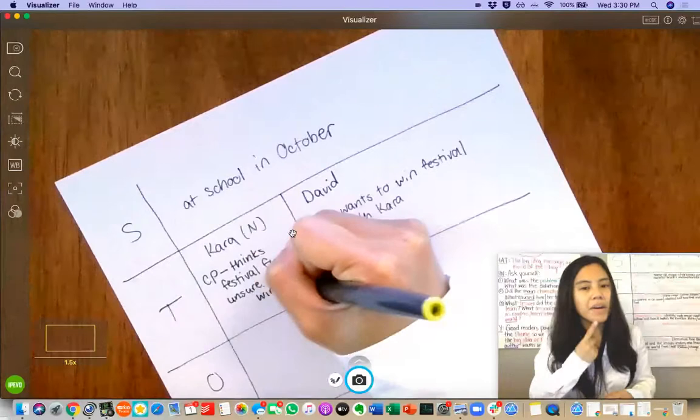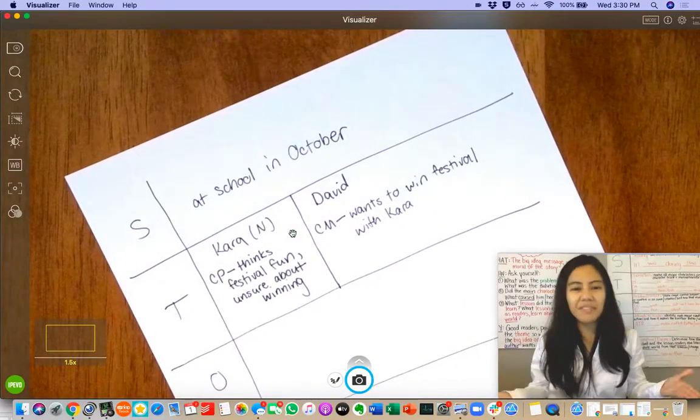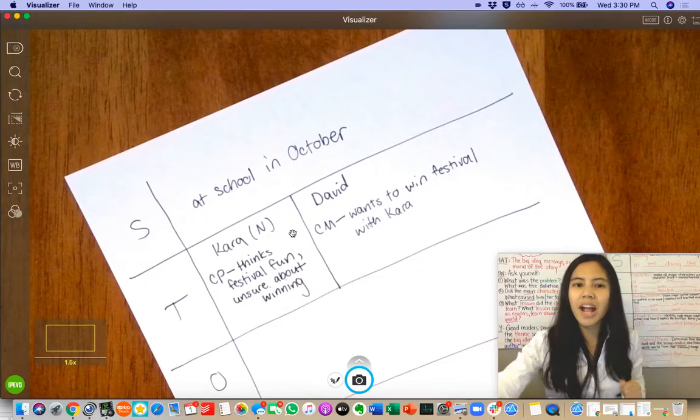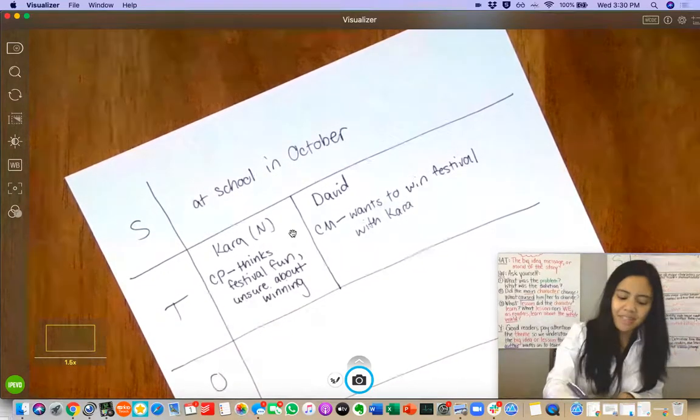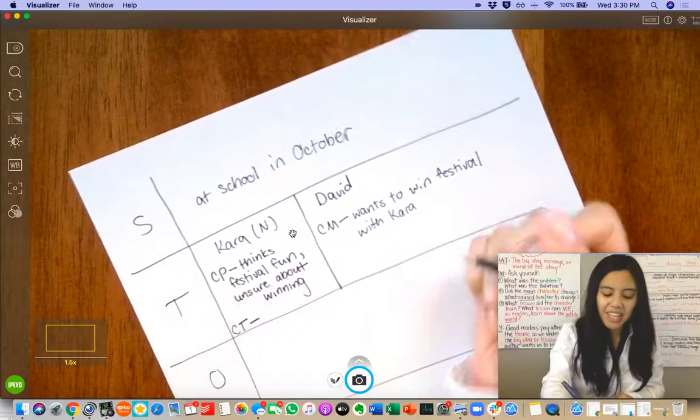But as a good reader, I'm thinking, wow, even though they never win, Kara seems like she wants to practice. It sounds like she is determined.